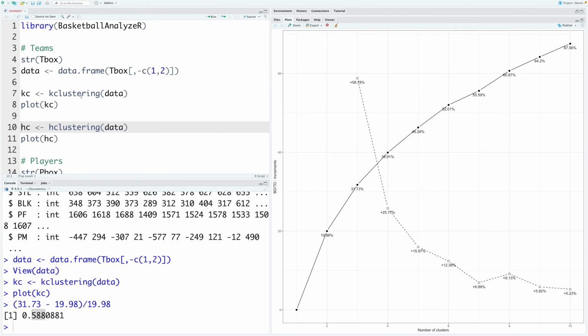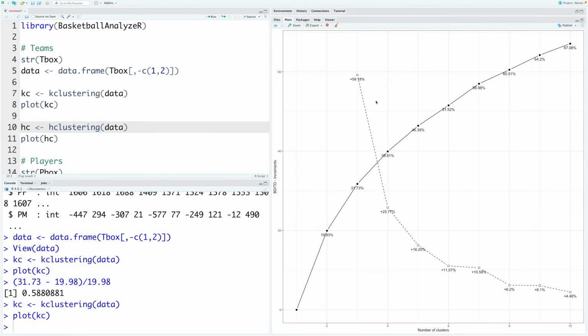Now, one thing you may notice, if you are going to run this again, you will see that numbers are going to change slightly because the way these groupings are done, there is some amount of randomness. And if you want to freeze that, what we can do is before we run this k-means clustering, we can use set.seed and use a fixed number.